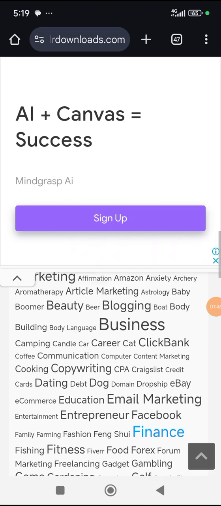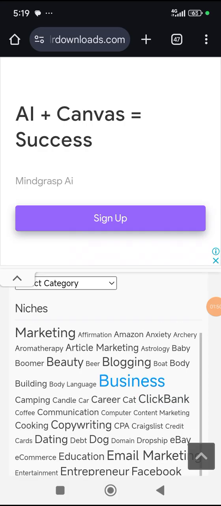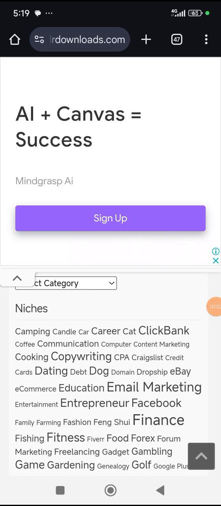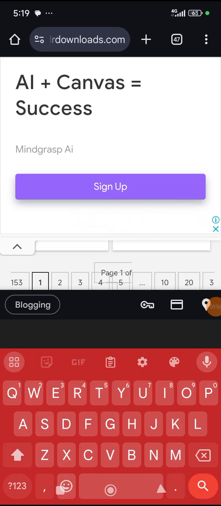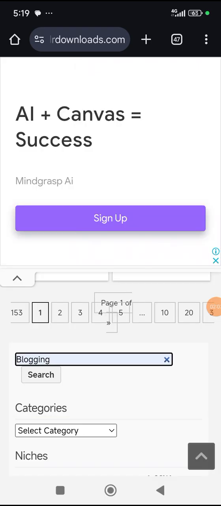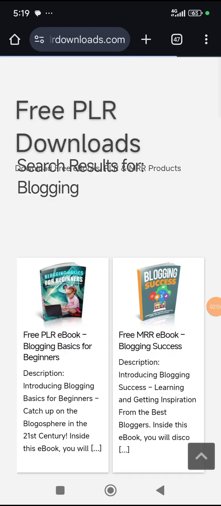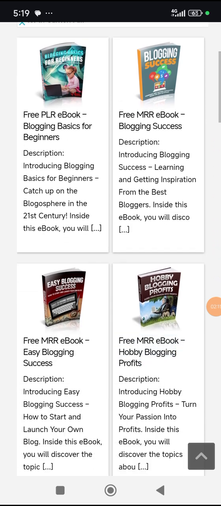You see, let me scroll downward again. You see addiction, adoption, advertising, affiliate marketing, and so on. There are different topics, but if you have not seen the one you're looking for specifically, you can just type here and you search. Let's say we are searching for a particular book, an ebook around blogging. You type, you search. Now, these are tons of different books around blogging. All right, so you can just go through them.